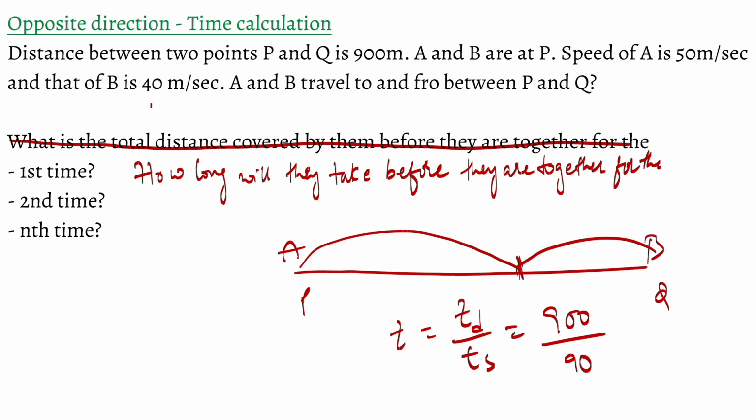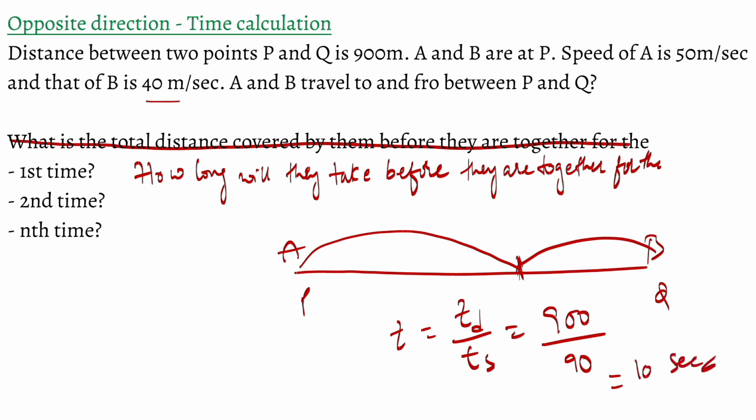So this is 50 plus 40. This is not relative speed, this is total speed. Don't confuse here, because here of course relative speed is also 90, because the bodies are moving in opposite direction, so we must add them. But here we shouldn't consider relative speed, we must consider total speed. This is total distance in the numerator, total speed in the denominator,